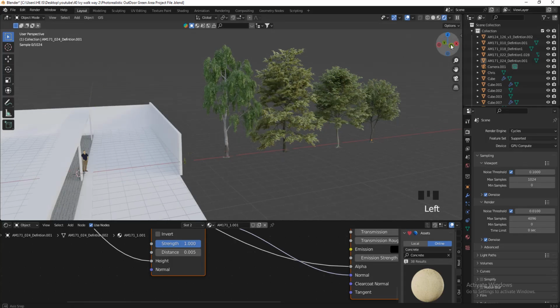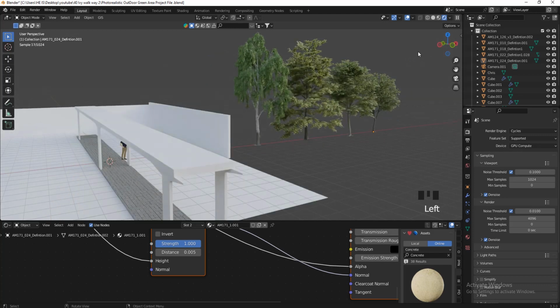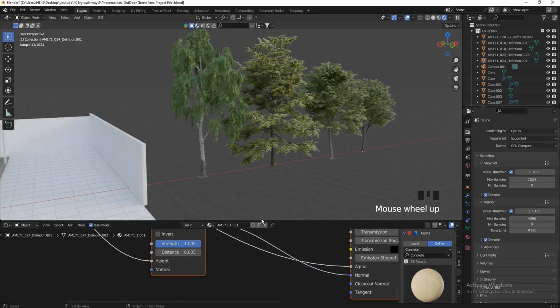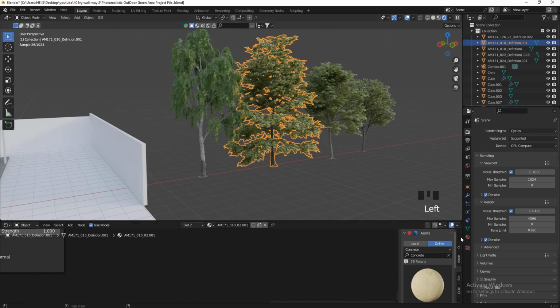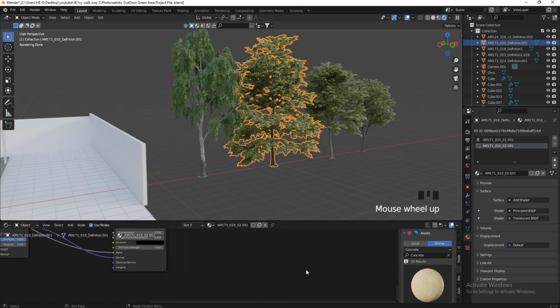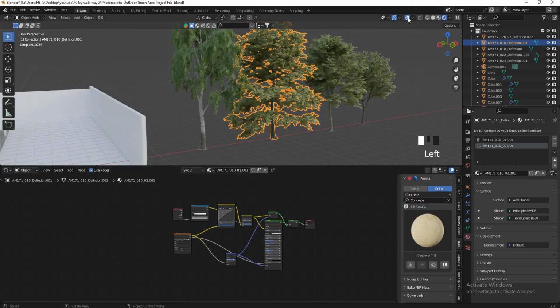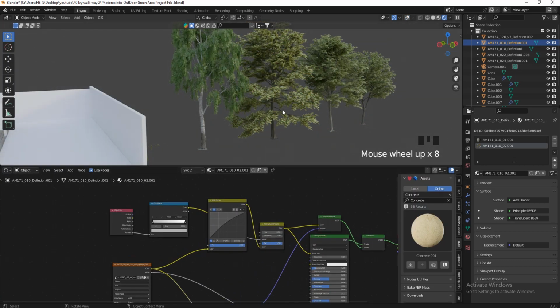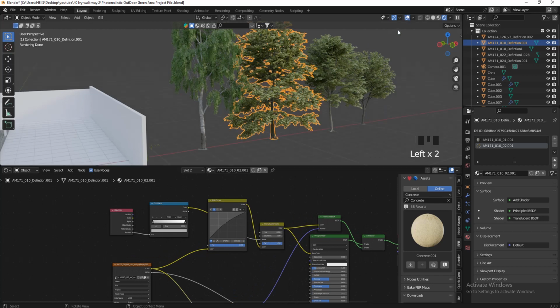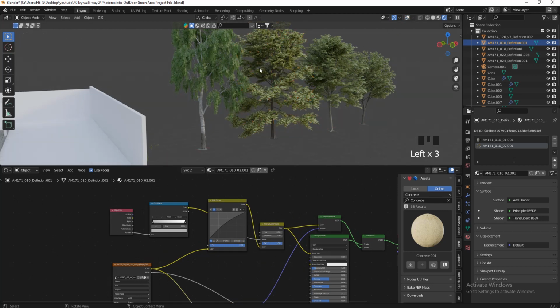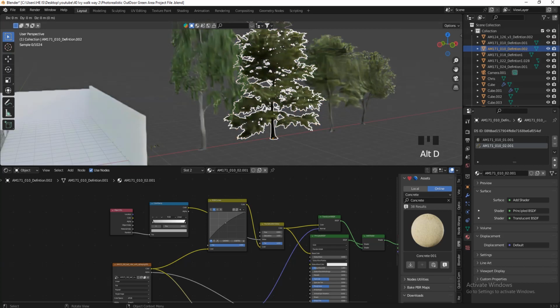So guys, as you can see, I have 4 trees that I have imported. These are the 4 trees that I'm going to use. And for this tree, for example, this is the leaf. I've also added some kind of randomness so that I will have a different texture for each tree, so that they won't be similar. So if I duplicate this one, for example, if I press Alt D,